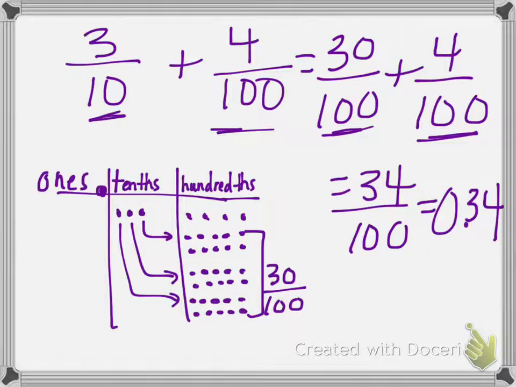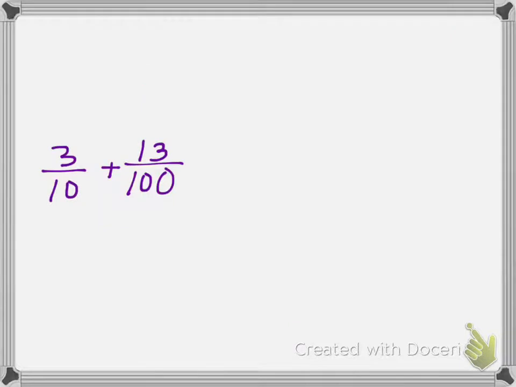Now, place value charts can take quite a bit of time. Some of you might still be working on your discs, and that's just not always the easiest way. But that's the way of showing you why 3 tenths is equivalent to 30 hundredths. Really just kind of remembering those steps. If we go on to the next